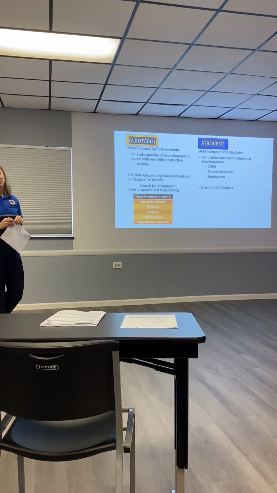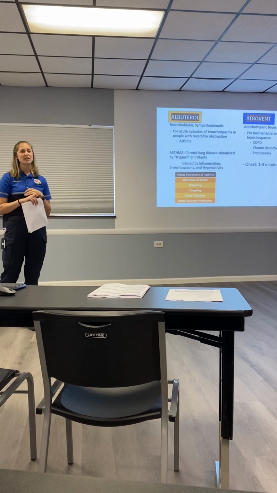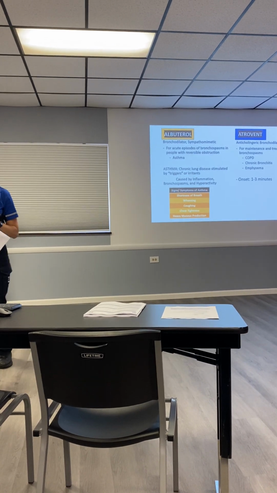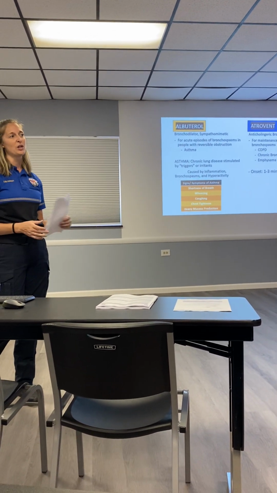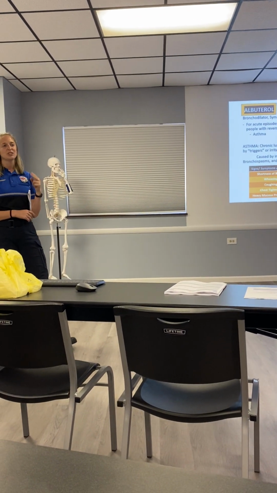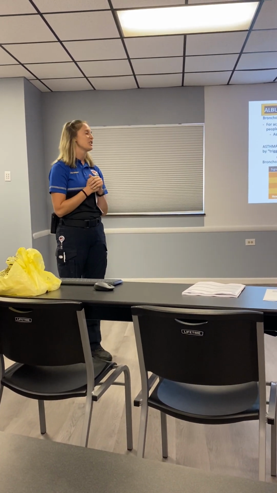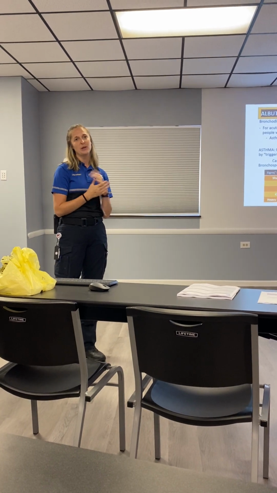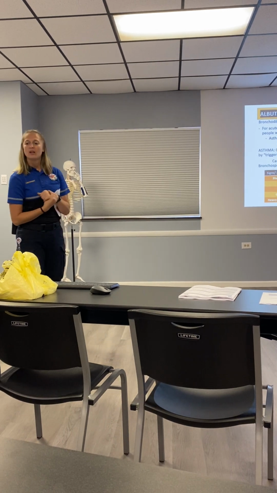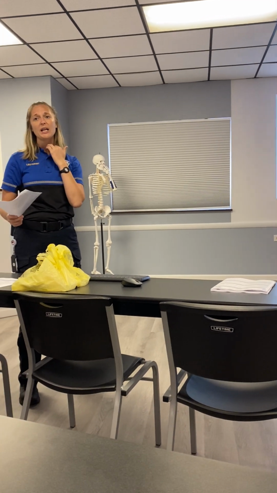When we need to go ahead and do a DuoNeb treatment and add Atrovent to it is when we start getting into chronic conditions like chronic COPD, bronchitis, and emphysema. So as we move forward, just consider what really is going on with your patient, because a lot of times, I think most of the trucks have albuterol and Atrovent just taped together, and it's just easy to go ahead and pop those tops and pour it in there. But we really just need to figure out what is going on with the patient and what they need, and then treat them accordingly. So that's all I had for the slides. If you guys want to take a quick break, and then